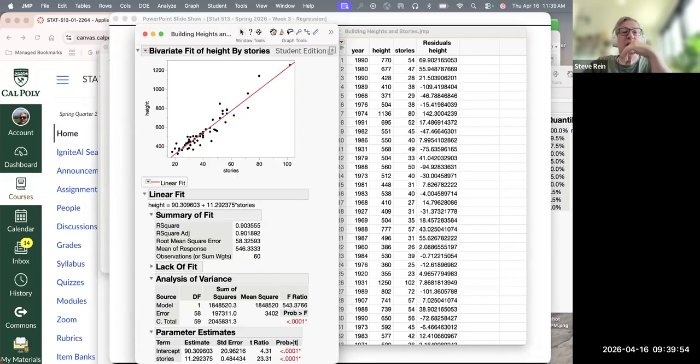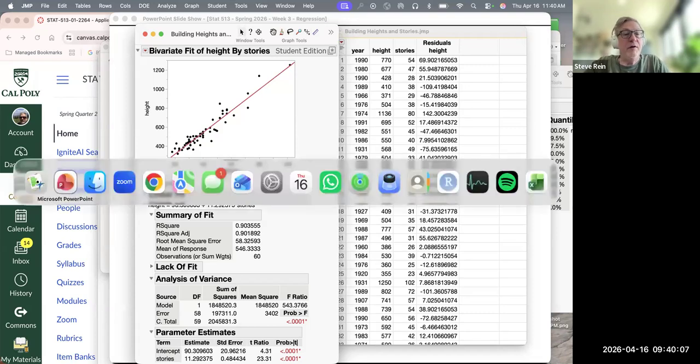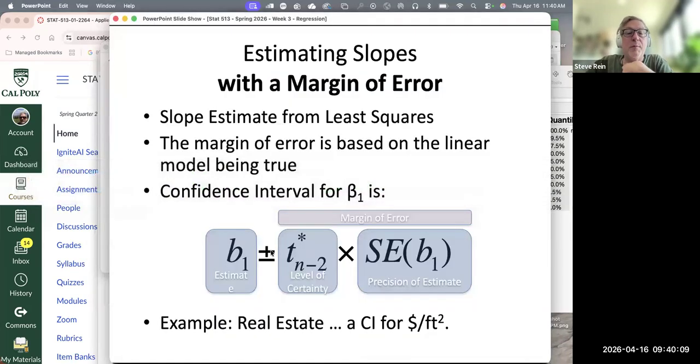So, because we rejected the null hypothesis that there is no slope, we want to ask, what is that slope? There's information in our estimated slope and the standard error that allows us to derive a confidence interval for the population slope. Indeed, our sample slope, your estimate of the unknown population truth, b1 estimates beta 1, b1 plus or minus a margin of error. The margin of error has two chunks to it. One is how certain you want to be of being right.